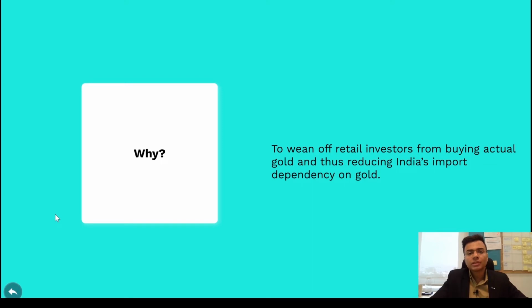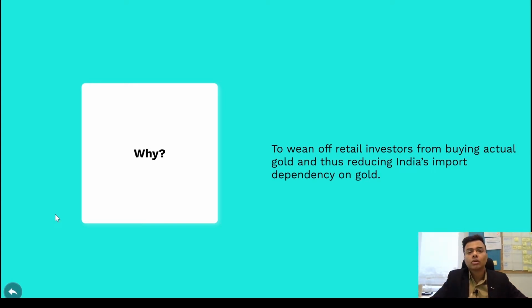But with us, what has been happening is we have a huge dependency on gold. So if a country's imports are more than its exports, then the GDP will not grow, right? So we want the ideal situation where our exports are higher than our imports. But because of our huge dependency on gold, our imports are always higher than our exports. In fact, if you go back and check the export and import numbers for the March quarter of 2019, you will see that if you just take out just one component from the imports, which was gold import, India was a net exporter. So just because of gold, we were a net importer, and obviously the government doesn't want that.